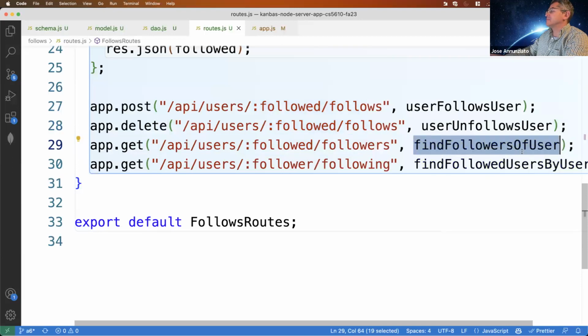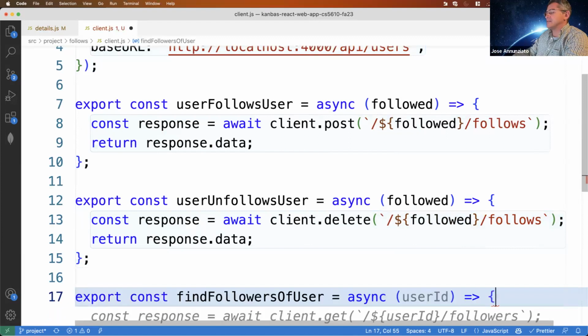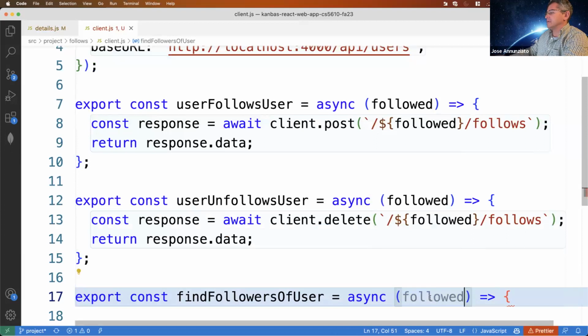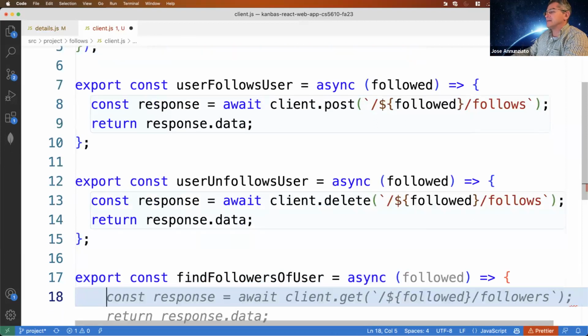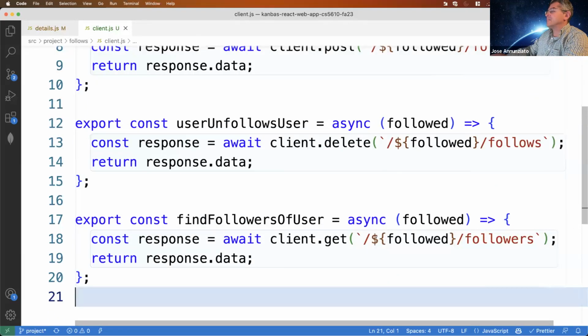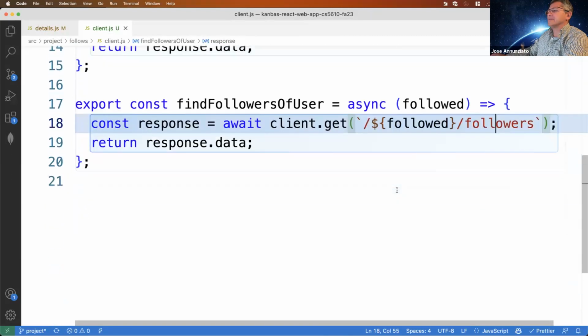Find followers for user. So this would be export const findFollowersForUser. That's going to be the followed, the ID of the followed, and it's going to do a get. Let's see. So API users, and then followed, and then followers. Perfect. Excellent.